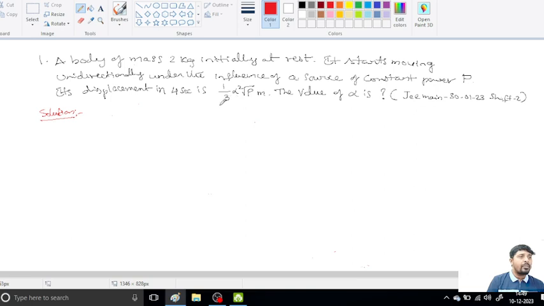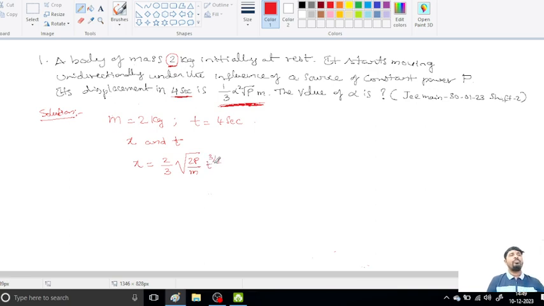Here, this is the comparison of the equation. The time is given as 4 seconds and the mass is 2 kg, so I am going to write the information here: mass is 2 kg and the time is 4 seconds. Now we have to obtain the relationship between displacement and time. You all know the equation: displacement is equal to 2 by 3 root over 2P by m t power